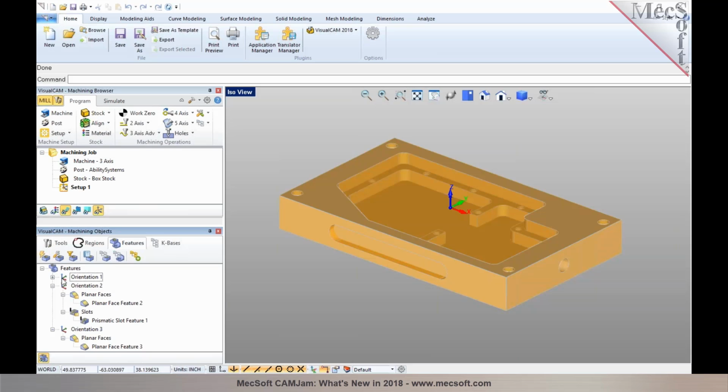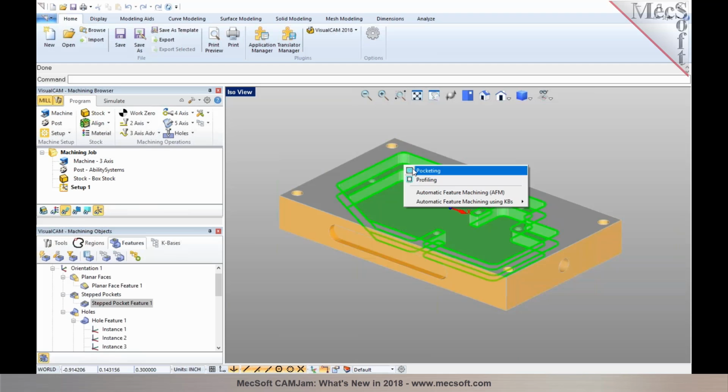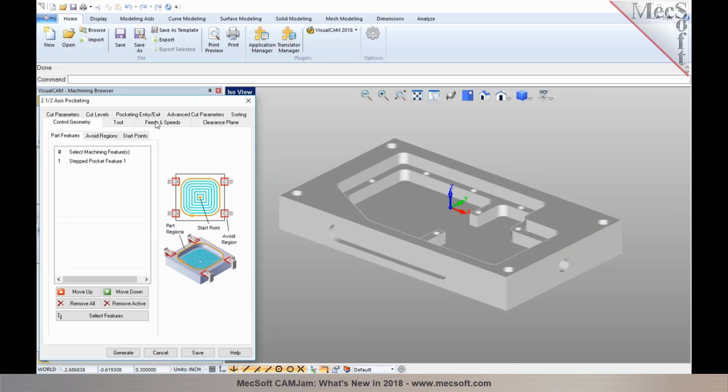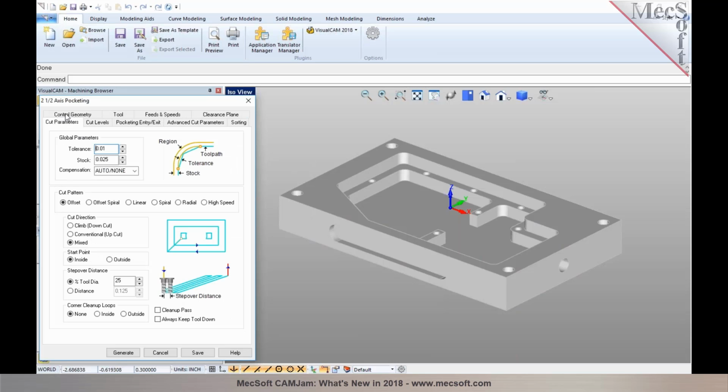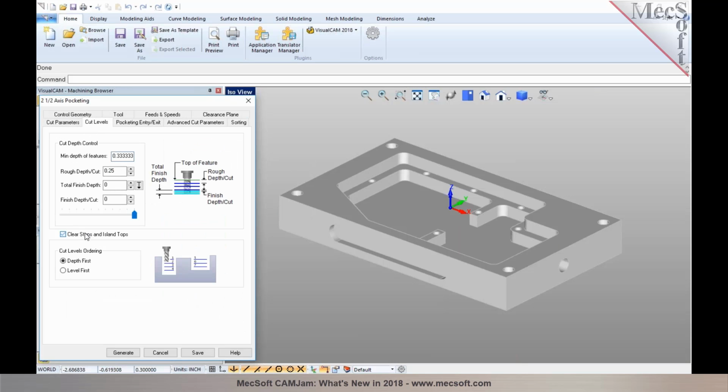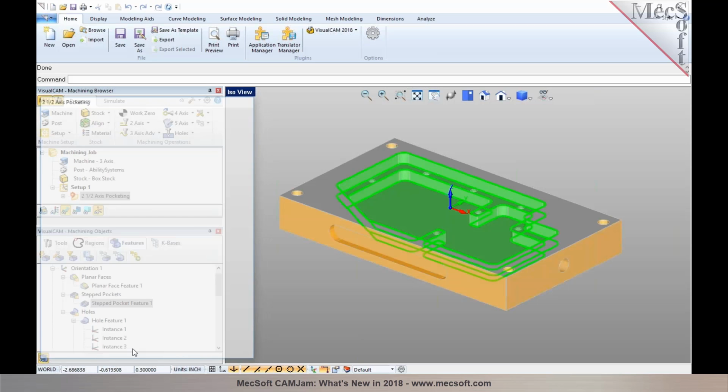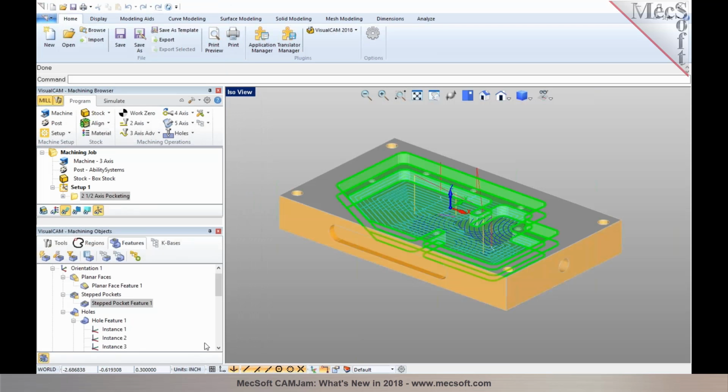So to program these operations, you could either interactively select the feature, right-click, and program it. So in this particular case, I have a stepped pocket feature, and I can still program the step pocket using a pocketing for roughing, and then go back and finish it with a profiling operation. So I pick pocketing in here, make a selection for the tool, establish the parameters, and then pick generate. So we now program the step pocket feature in here. So there are several different types of features we can identify in 2018, and I'll give you a list of different